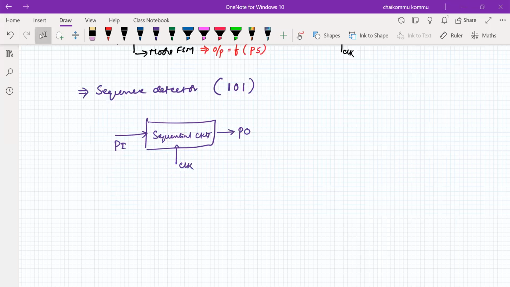The inside block I have already shown previously. Now this sequential circuit can be considered as a sequence detector, where X is my input signal.